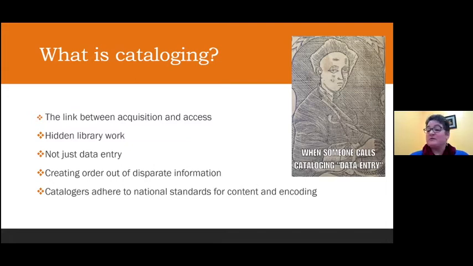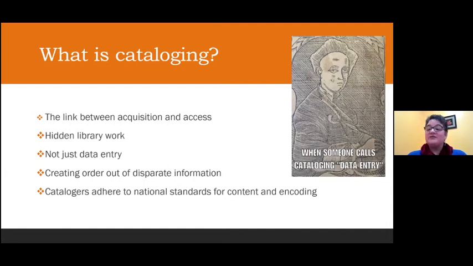It's hidden work. Most people don't know what happens in the mystery world of cataloging. It's not just data entry. There is a misconception. Many people who think they know what cataloging is, like, oh, you're just typing in words. It's really creating order out of disparate information, especially with special collections.